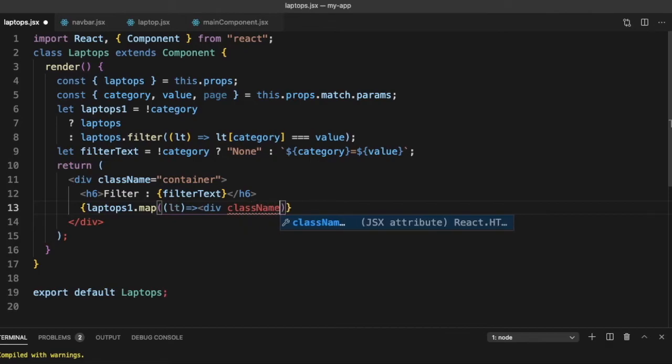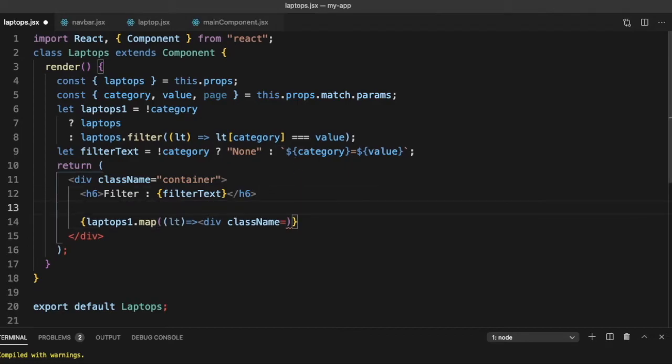So div className. The structure we showed here was that we were showing three values at a time, so we will need to construct our row above this. So let's construct that, className is equal to row.